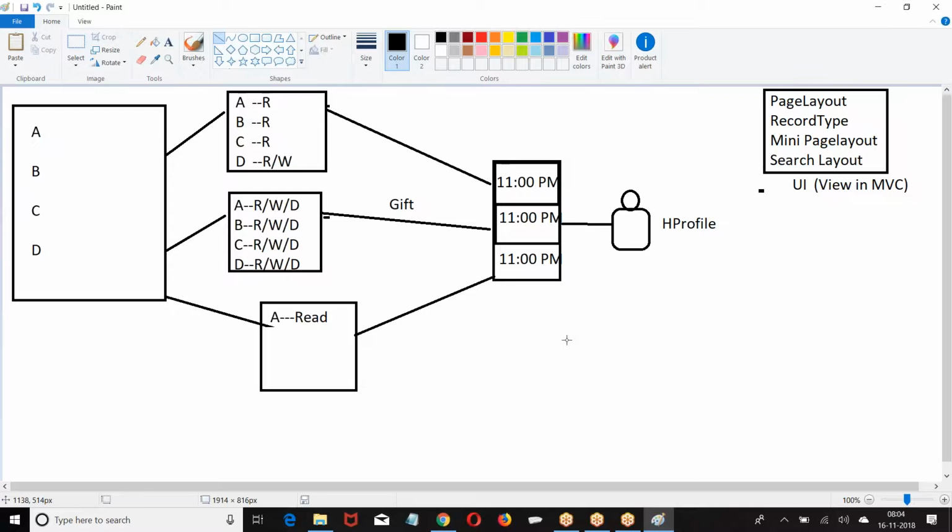Now, let me give an example. I want to create a customer, personal or a company. When I say personal customer, last name, first name, phone number, city, age will come. When I say customer, company name, date of registration, number of employees, annual revenue, turnover, this type of data. Now, where is the data?